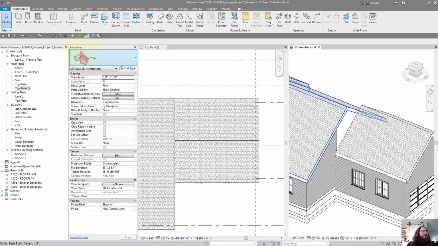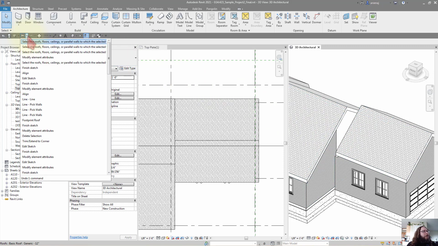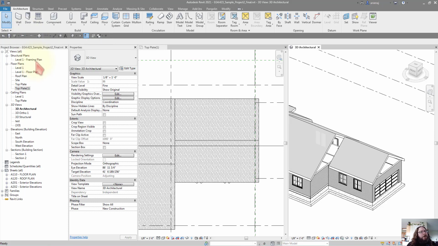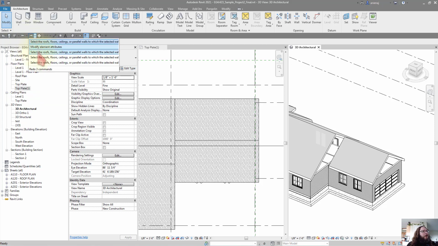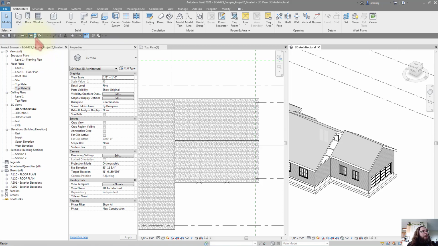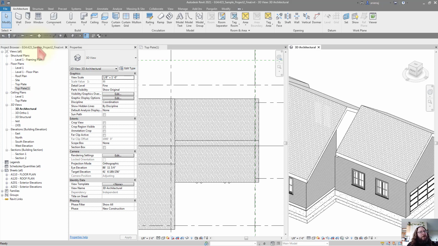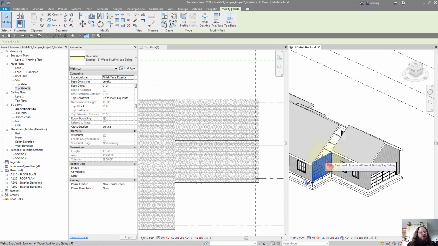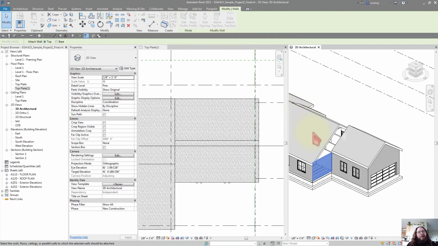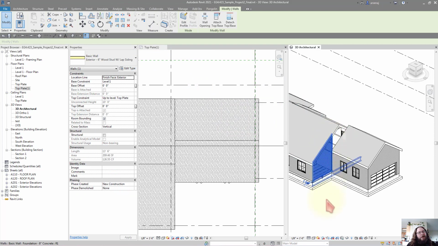So for me, I would want to hit undo, oops, I undid too far. That's okay, you can click the down arrow for redo, and we can select redo on this little quick access toolbar all the way back to where we want. So let's just undo one more. And so let's click this wall again, hit attach top and pick,